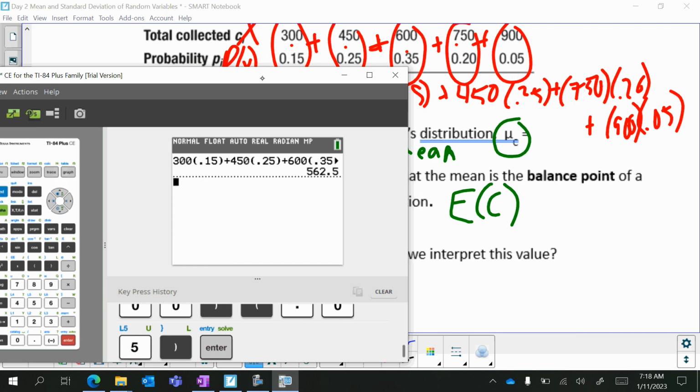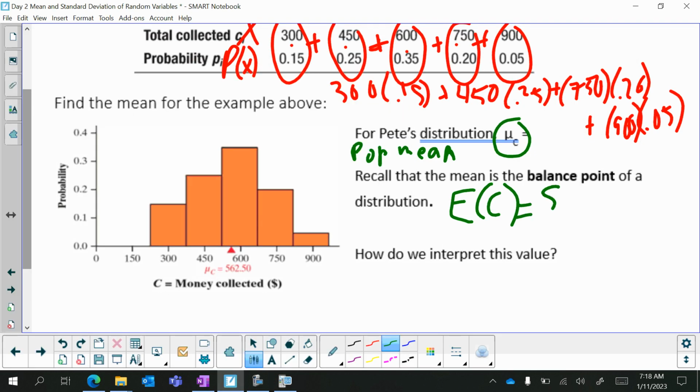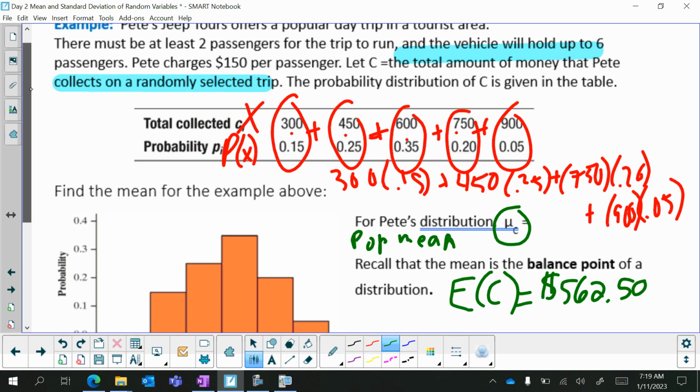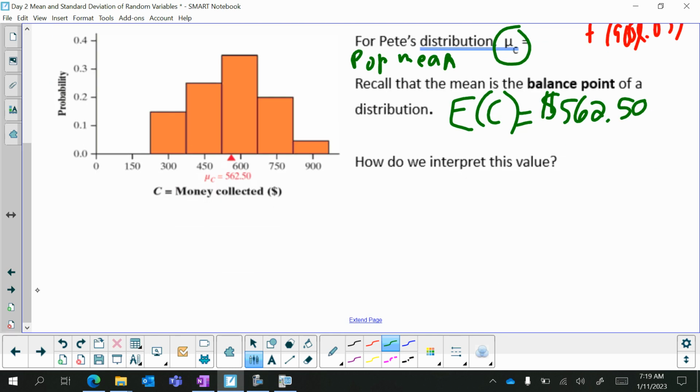So let me write that down. And then it's going to ask me to interpret it. And because it's money, I'm going to add a 0 here and make it $562.50. And remember, this is Pete's Jeep Tours, and they're going to ask me to interpret it in words. So he is charging $150 per person. And then the C is the total amount of money that he collects on a randomly selected trip. Okay, so in interpretation, I would say,